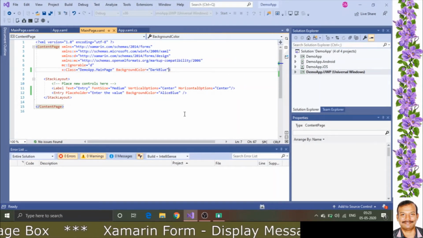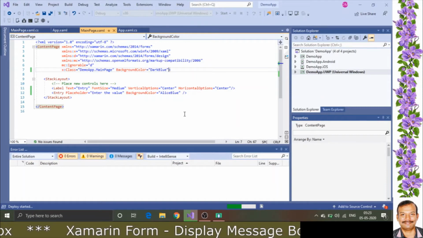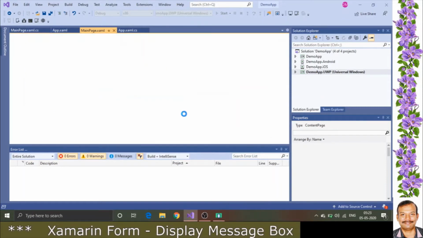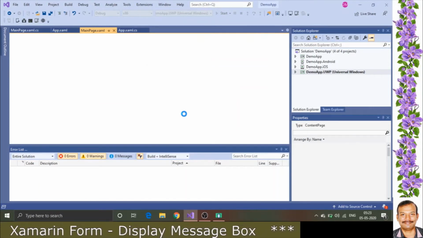As we discussed earlier, for every application there are three main components: one is the page, second is the layout, and third is the views or controls that you want to add.